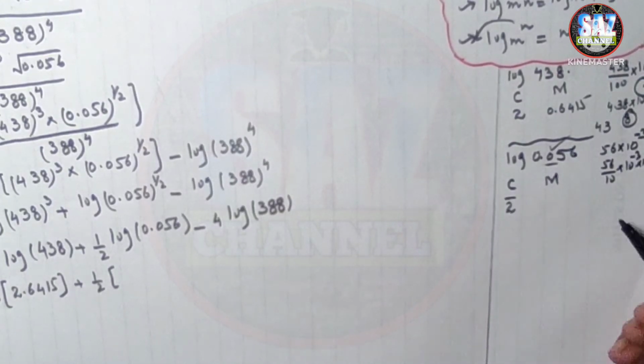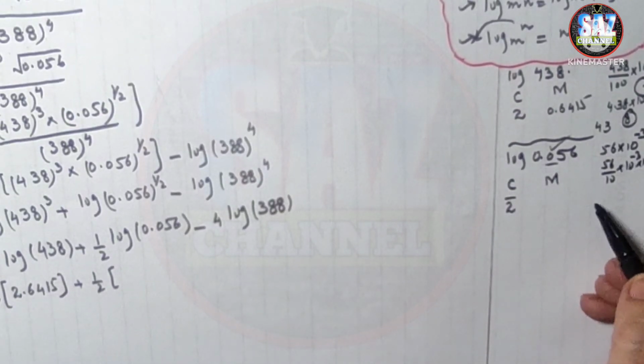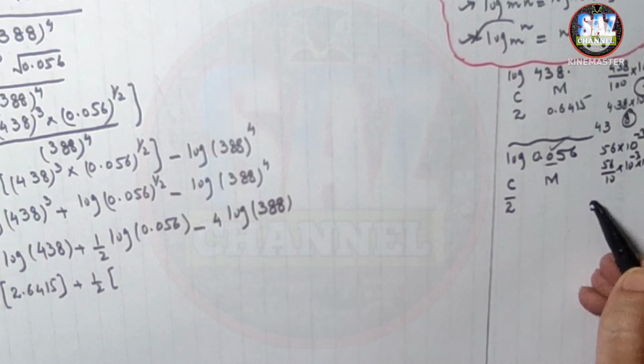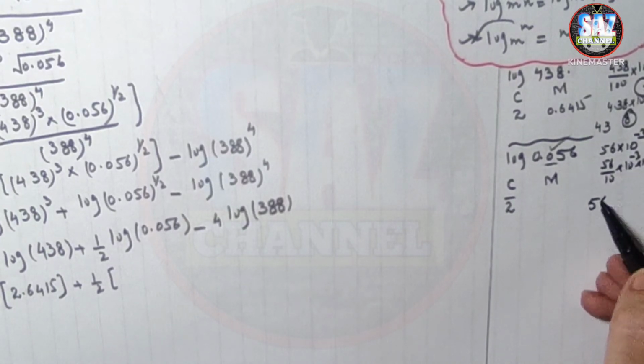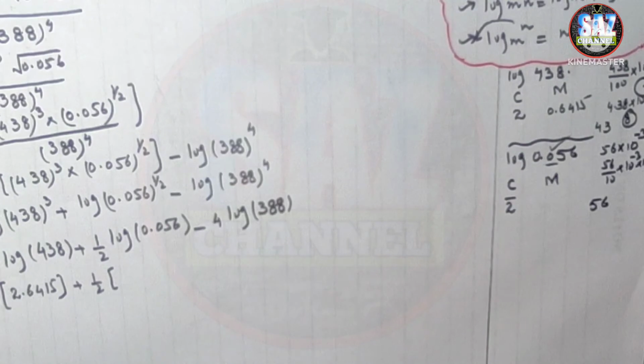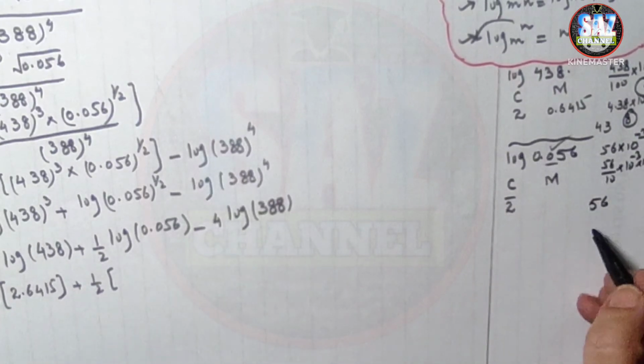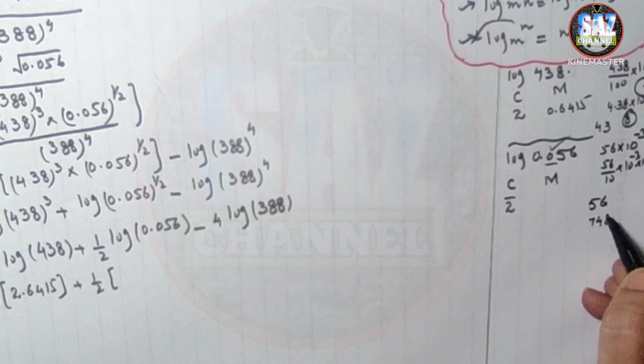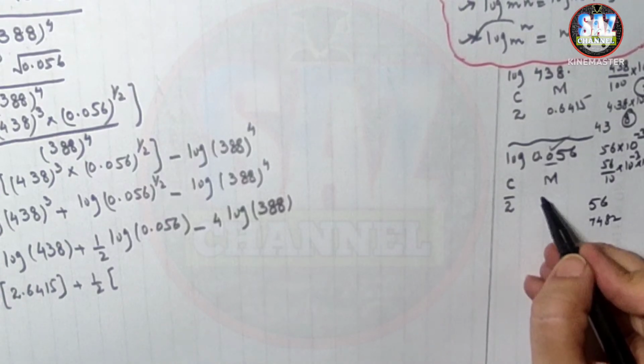And for Mantissa purpose, what we have to do, we have to make 4 significant figures, and as we have only 2 digits, so 56 will have to be located, students, in what? 56 will have to be located in column of 0. When I locate 56 in the column of 0, this is giving me 7482, and as we have to write the Mantissa in decimal form,